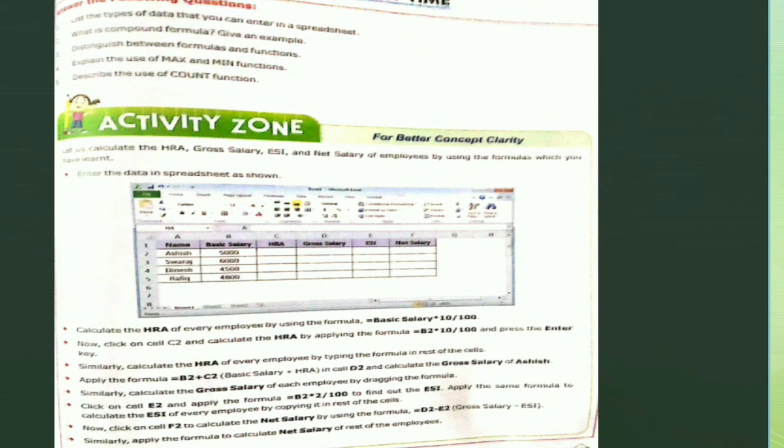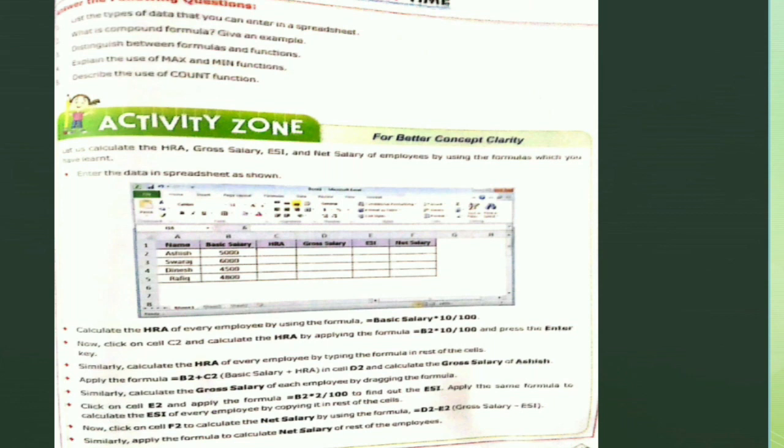Now you have to see for the first name, that is Ashish, the basic salary is in the cell B2. So you have to say B2 multiply 10 by 100 and start the formula with an equal to sign and press the enter key. Your answer will come. Similarly, click on the first cell and drag from extreme right downward of the cell, and same formula will be copied and answers of all the cells will come.